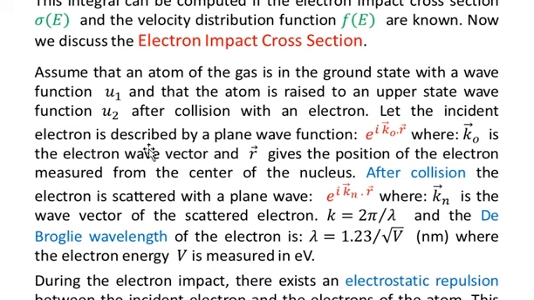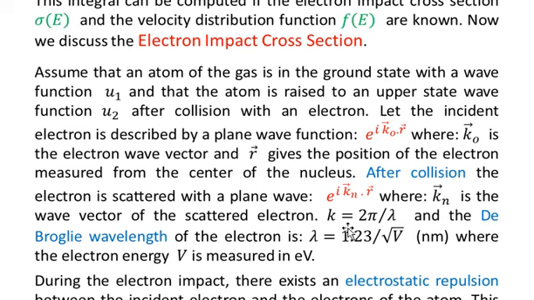Let the incident electron be described by a wave function e to the power i k naught dot r, where k naught is the electron wave vector and r gives the position of the electron measured from the center of the nucleus. After collision, the electron is scattered as a plane wave represented by e to the power i kn dot r, where kn is the wave vector of the scattered electron,